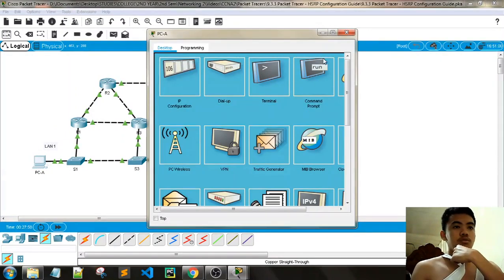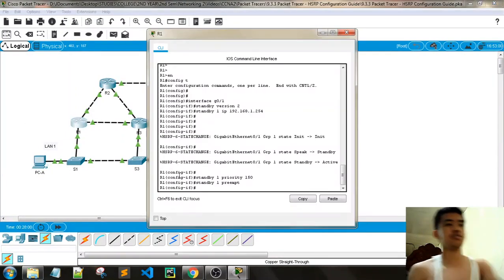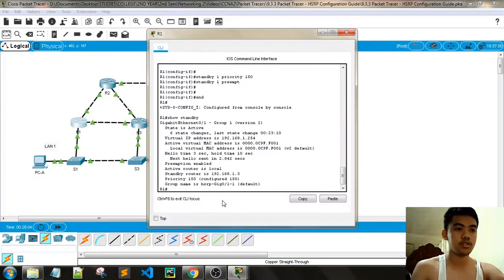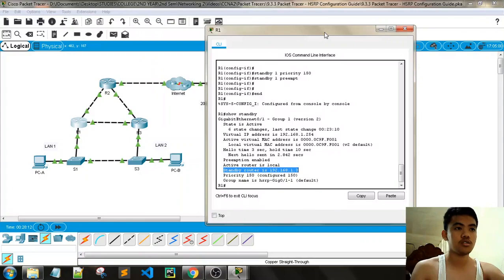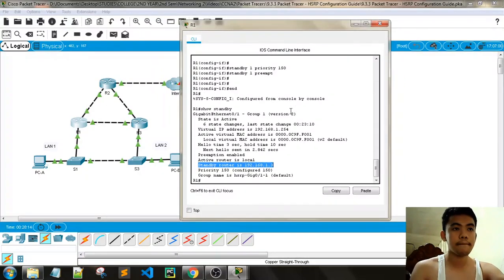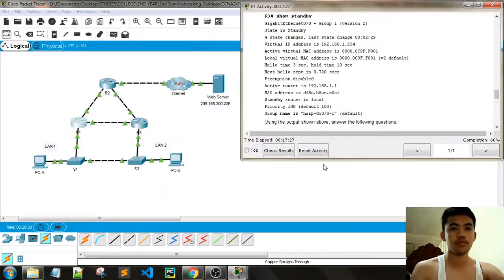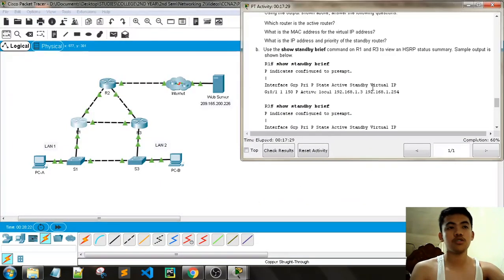We also need to run that on the router 1. Paste. Okay, we have the active router. Standby router is the R3. So it's pertaining to R3. And the virtual IP address. So next is show